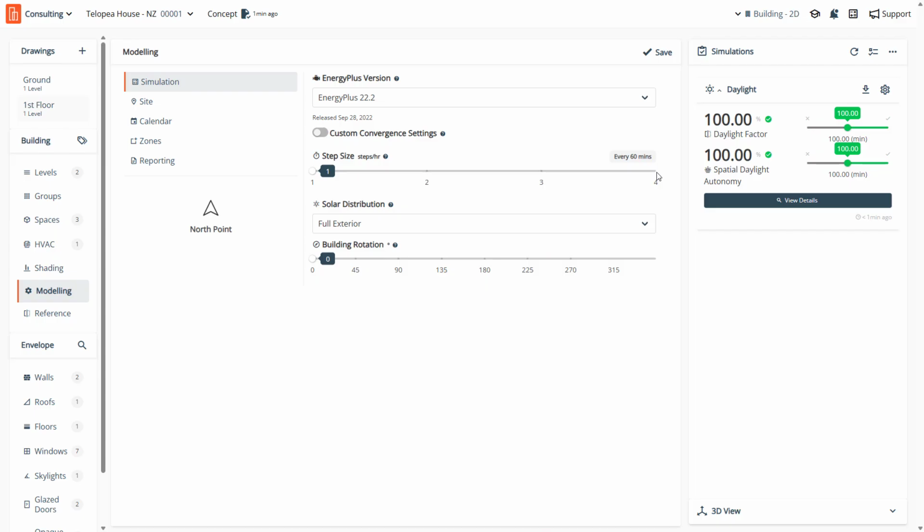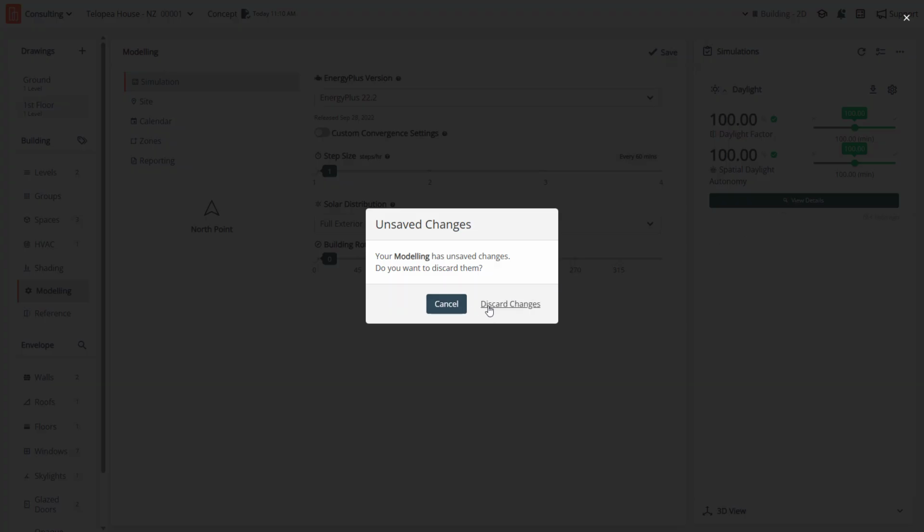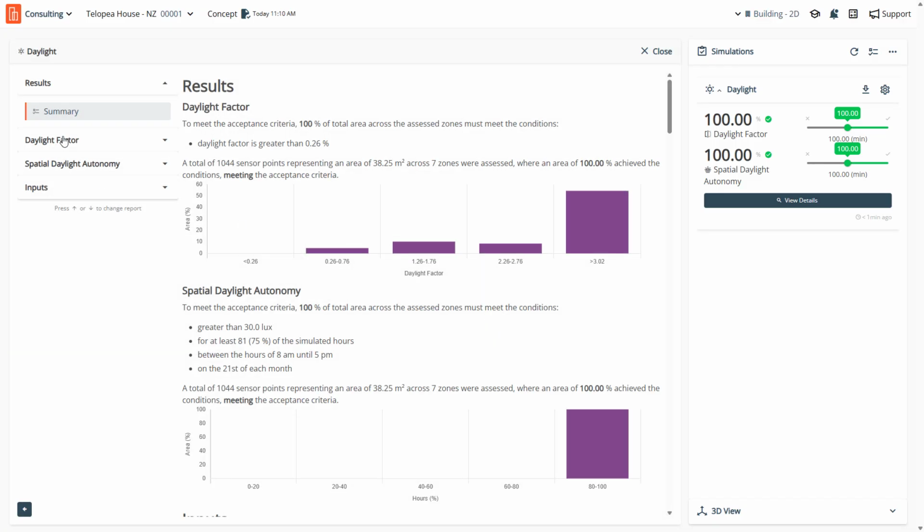But in this case we don't need to, because the results have already come back. So let's go ahead and look at the results now. We're going to view them, and we can see, as always, the summary provides us with the first point of reference for the results, and it provides us, in this case, our acceptance criteria for both daylight factor and spatial daylight autonomy, whereby we can see that 100% of the areas have been assessed, and the areas are the habitable spaces, and in both cases they happen to be 1044 sensor points across